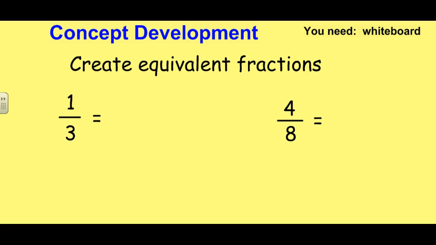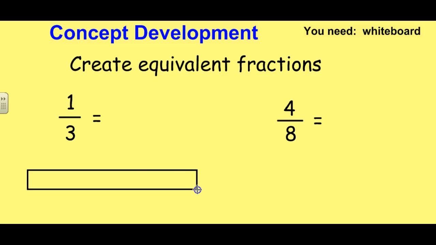A lot of the time that we're working today is just going to be on the concept development and you working on your piece of paper and drawing exactly what I want you to draw. I'm not going to have a problem set with this lesson, but there will be an exit ticket for this lesson. So the first thing I want you to do is put 1/3 on your paper